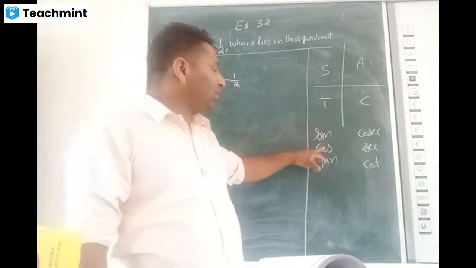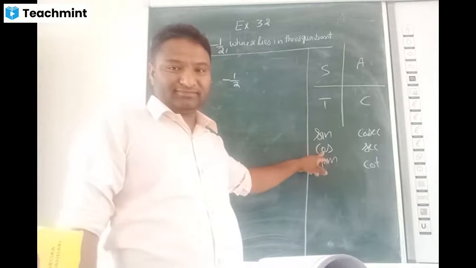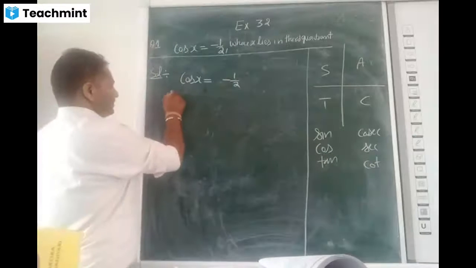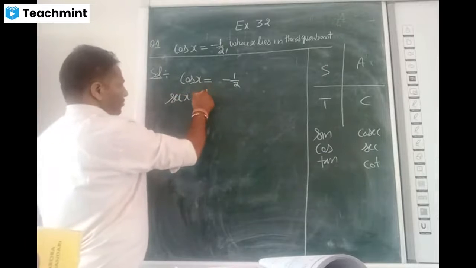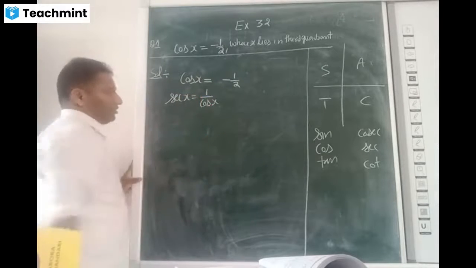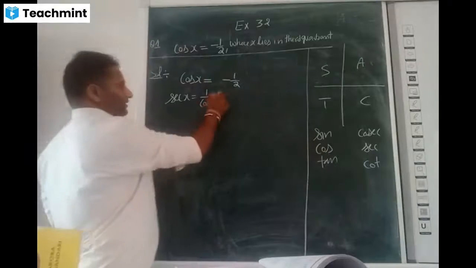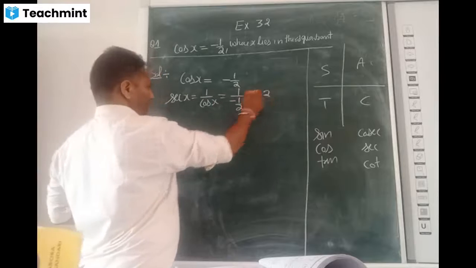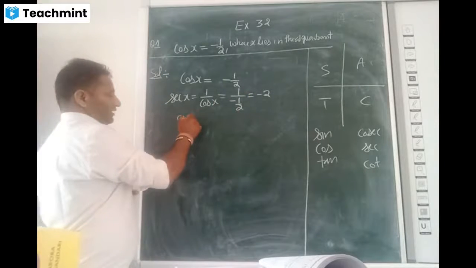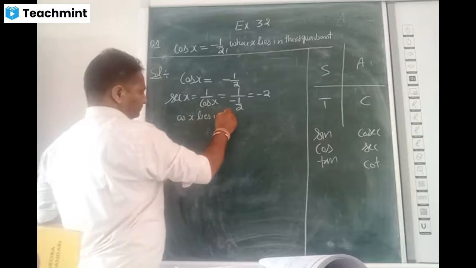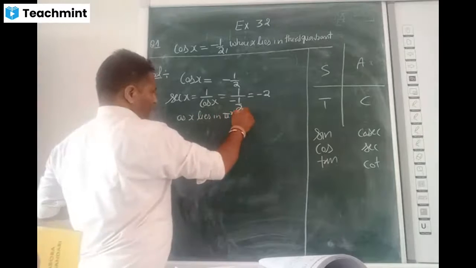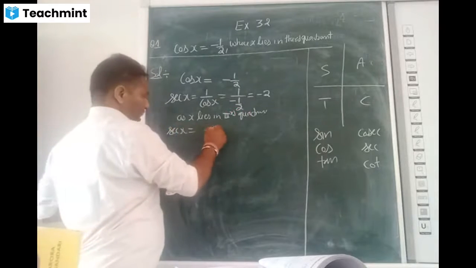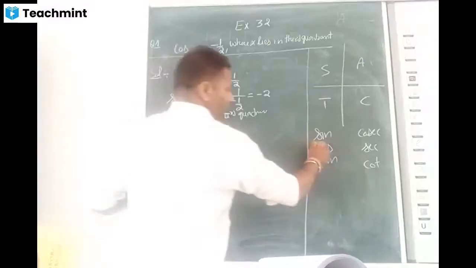So what is the reciprocal of cos? Reciprocal of cos is what? Secant x. It means secant x is 1 upon cos x. That means 1 upon -1 upon 2. And that comes minus, as x lies in the third quadrant. The secant x is -2. So from where will the other values come?